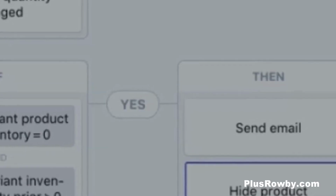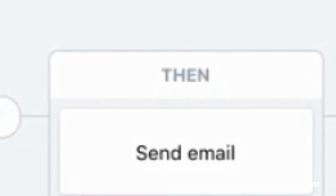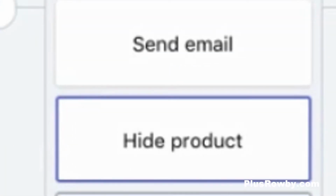In that case, send me an email to let me know that it's out of stock, along with information about what the vendor is for that variant. So a nice little thing: now you're not checking for when products go out of stock, you just automatically know. We can also do things, I can add an action in here to hide a product as well. So now when it goes out of stock, I'm going to make sure that it's not available on my store